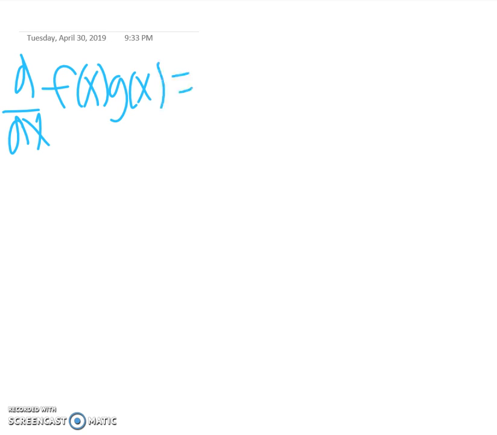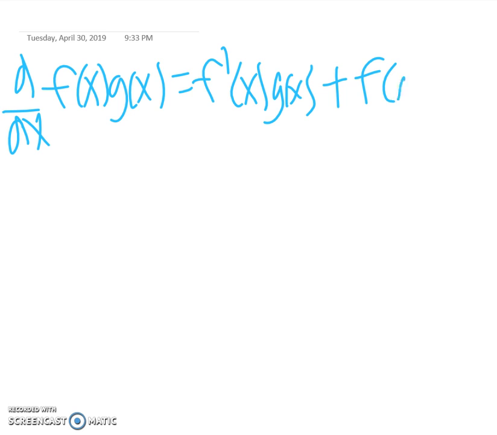that's going to equal f prime of x, the derivative of the first, times the second function, plus the first function times the derivative of the second function. Now, if we integrate both sides,